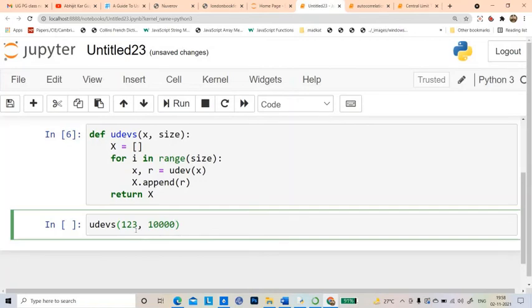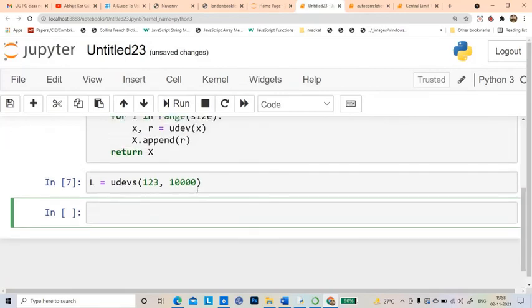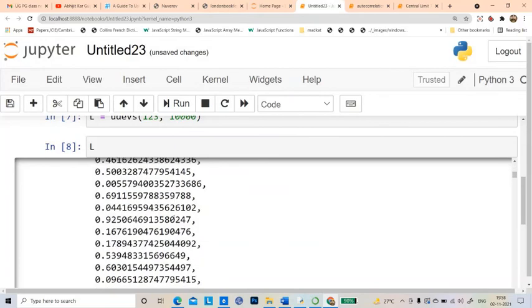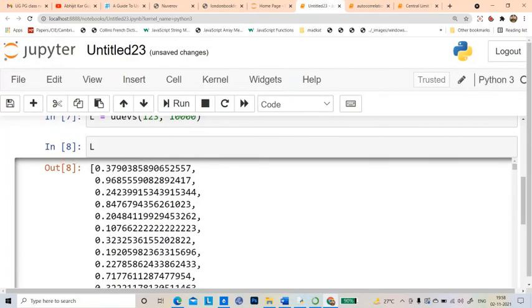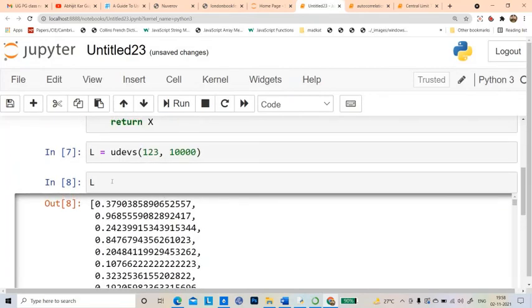Let me save this with some name, say L equal to this. Done. If I try to see what L is, it will show me these 10,000 numbers at one go between 0 and 1.